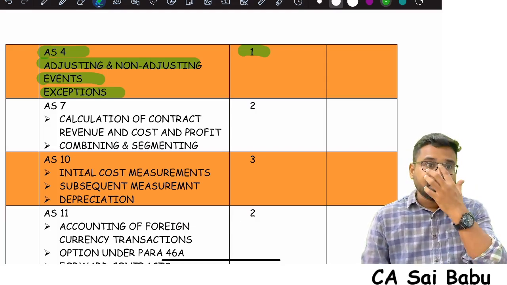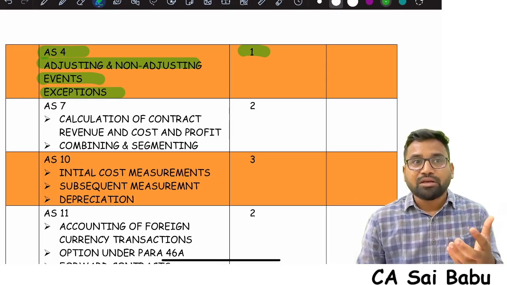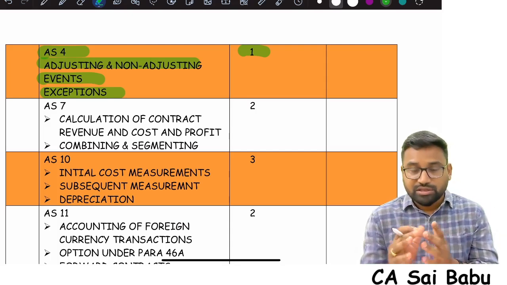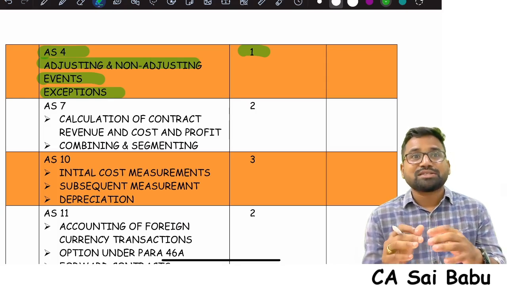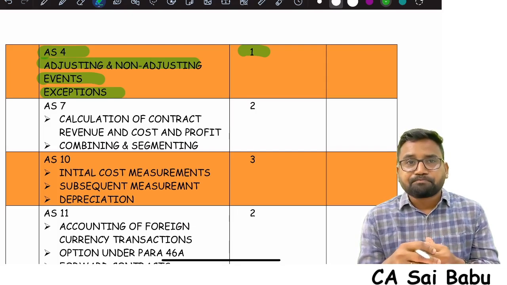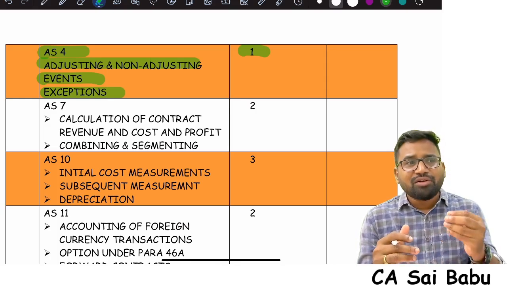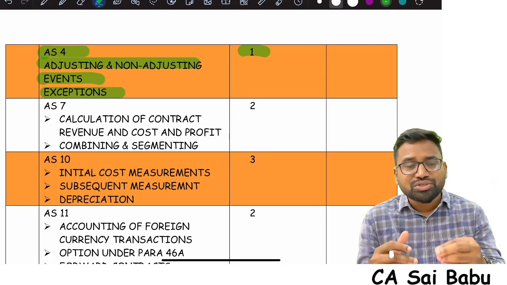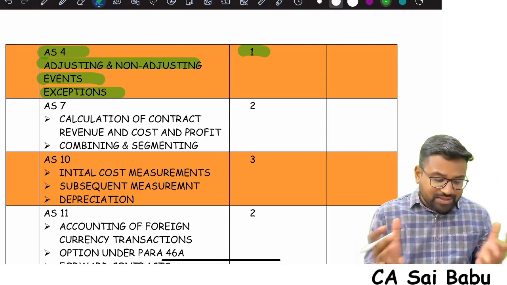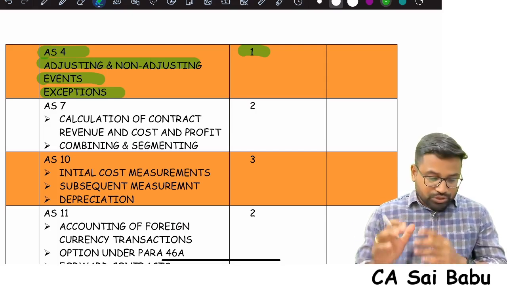See, relating to this paper, how we are going to answer, how the valuation is happening, how you need to get good marks in the examination, I will try to prepare one video, sir. This time I am going to do one video, because this time I have checked so many advanced accounting papers. Most of the students are asking the question that, sir, here why they have reduced 1 mark for me, why they have reduced 2 marks, why they have allocated only 50%, like that they're asking. There are certain reasons where students can improve themselves. I am going to do a separate video on that, so focus on here.